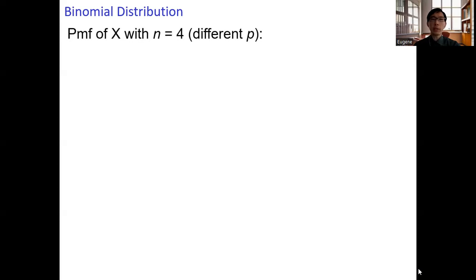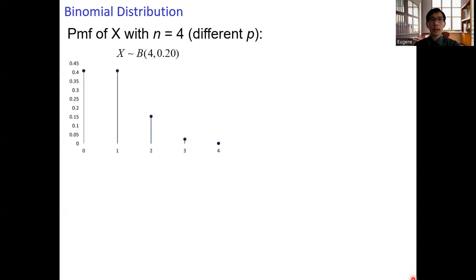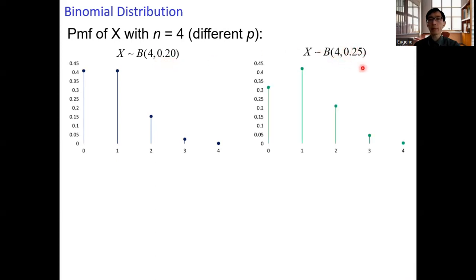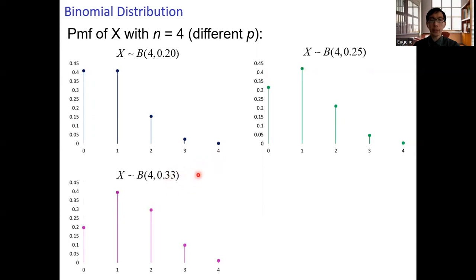You can change the value of p to take a look at the different graphs of the PMF. So here we have p equals 0.2. We can have p equals 0.25. In this case, the questions give you 4 choices, and only one is correct. Or we can have 3 choices for each question. In this case, p equals 0.33. Or we can have a true-false question, so p equals 0.5.